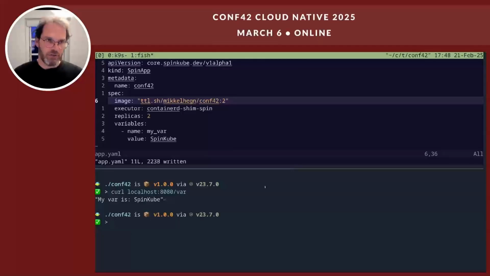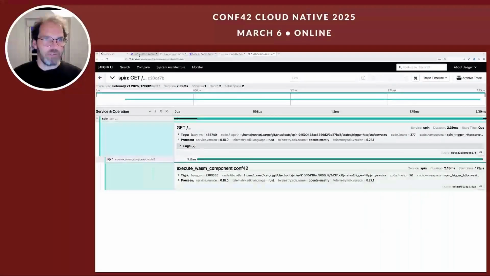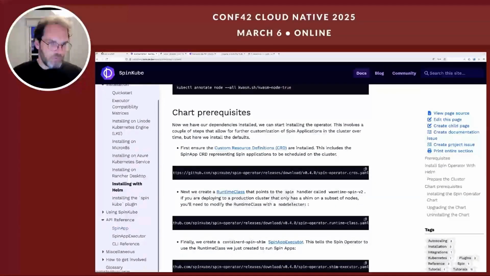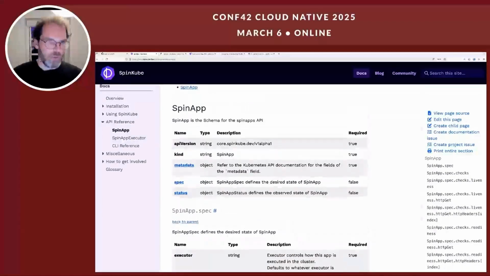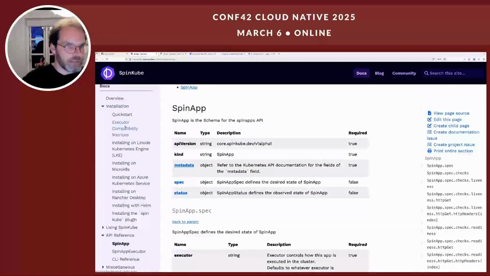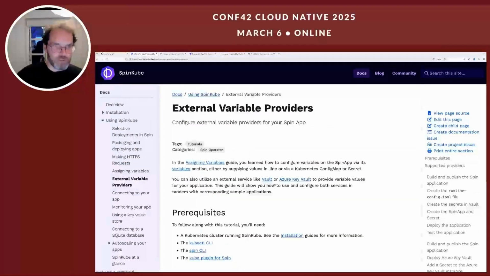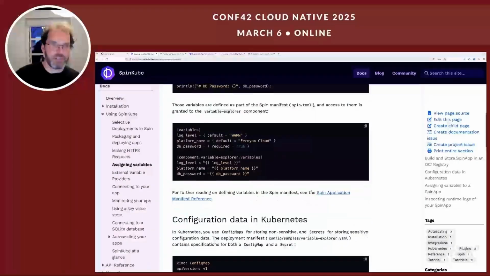and other things. You can obviously have the variable being pulled from a secret. If we take a quick look at the API documentation for the Spin app, you can actually, instead of doing that, let's just look at an example because I think that's more interesting. It's easier to see. Assigning variables. In this scenario, basically,